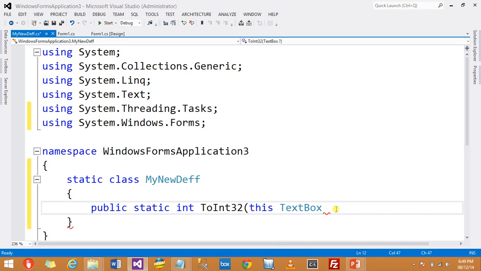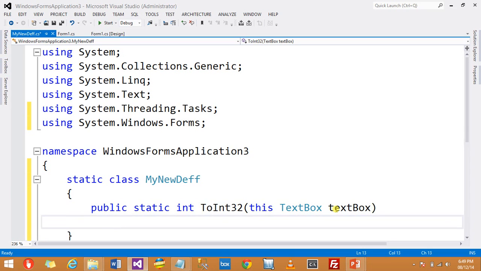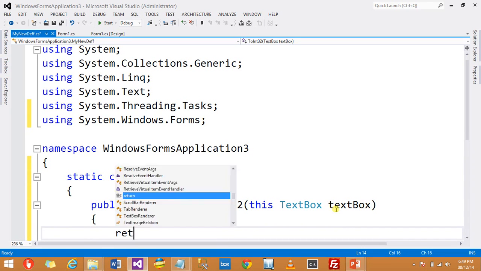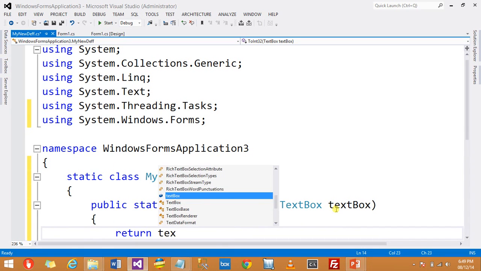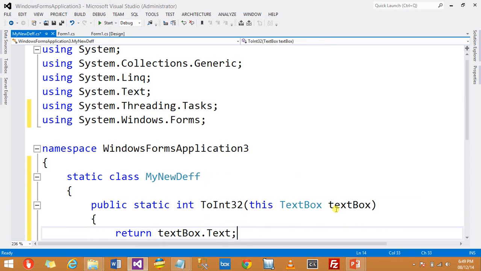Now I can use the TextBox class and define an object of the TextBox class, and what we can do is return the text box value, textbox.Text, but after converting the value.